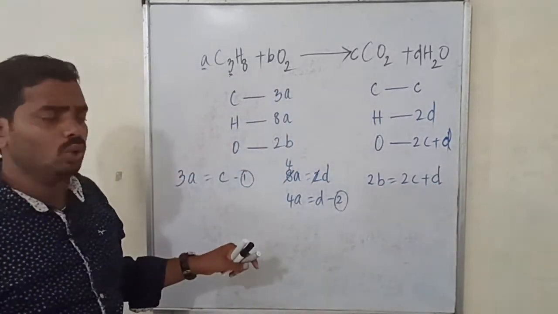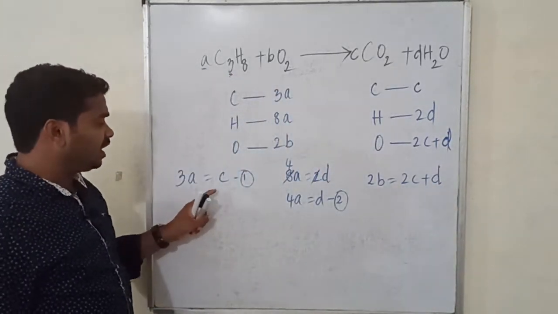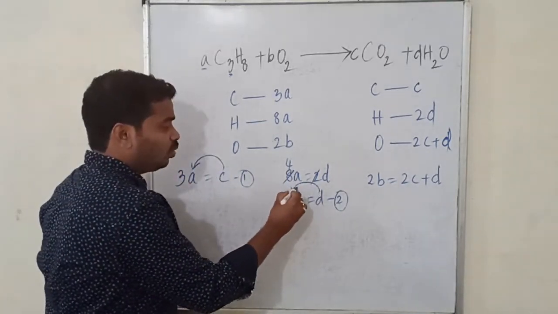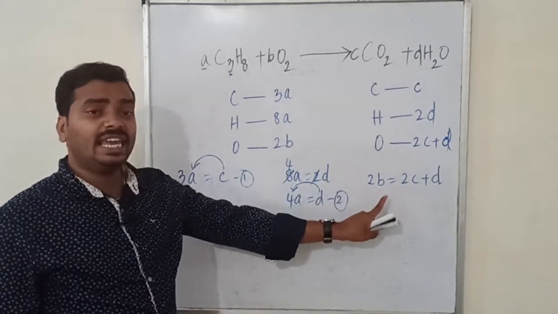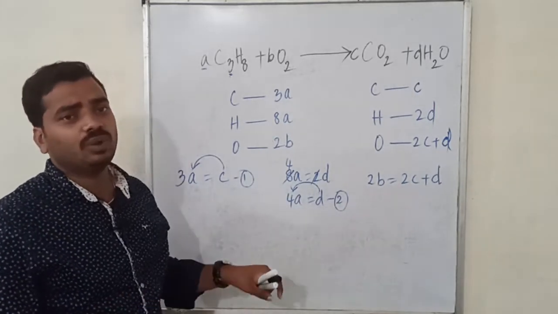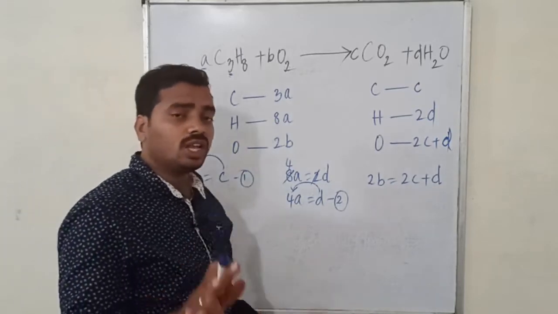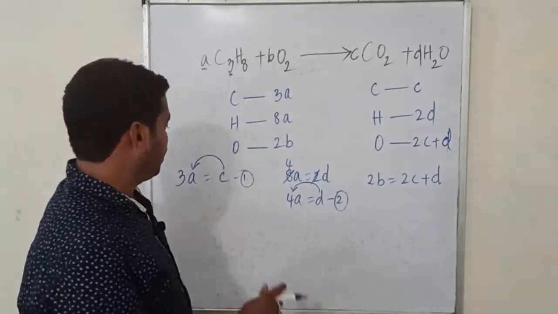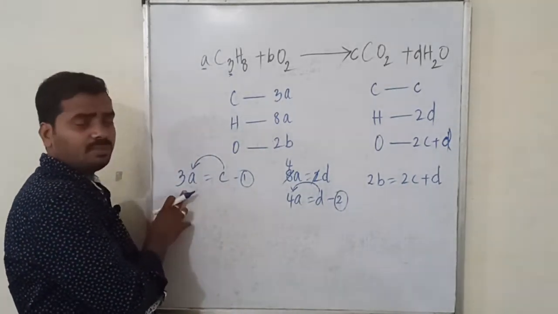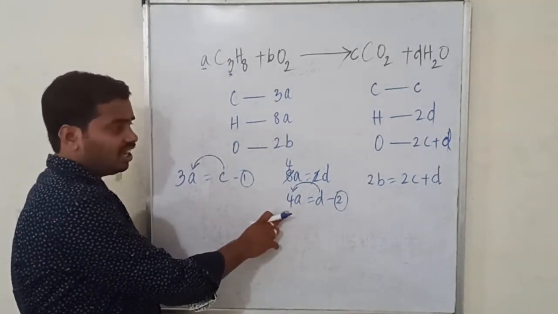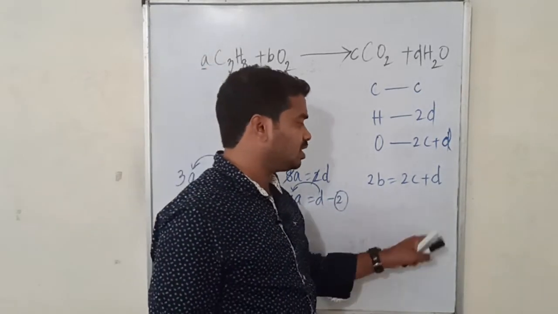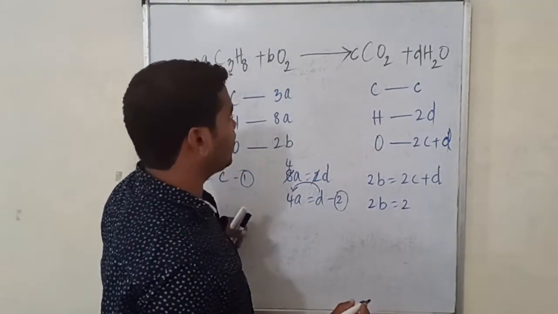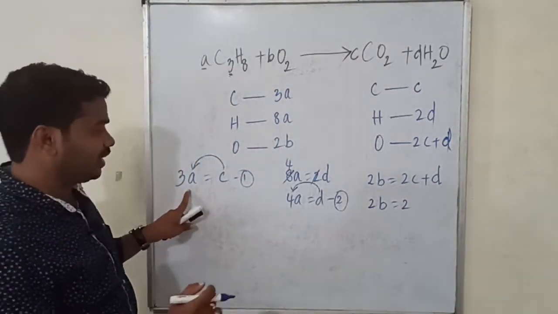Now what you do, you have got everything. C in terms of A you have written now, D in terms of A you have written now. You have to write B in terms of A, then everything will remain in terms of A. The ultimate aim is to convert everything into one single term. So here for C you have in terms of A, for D you have in terms of A. Here also you have to convert this in terms of A. 2B is equals to 2 into C. What is C? 3 into A, 3A.